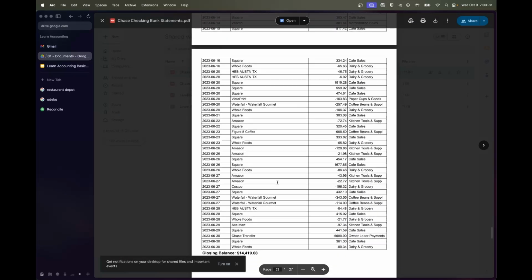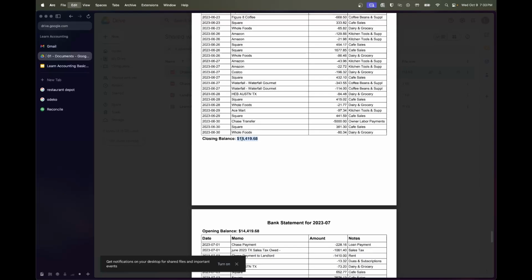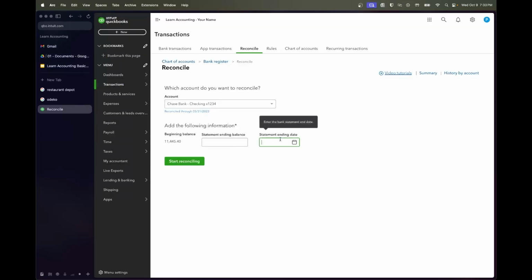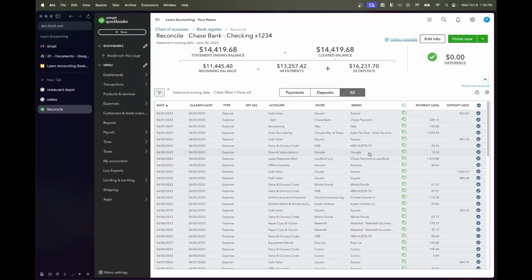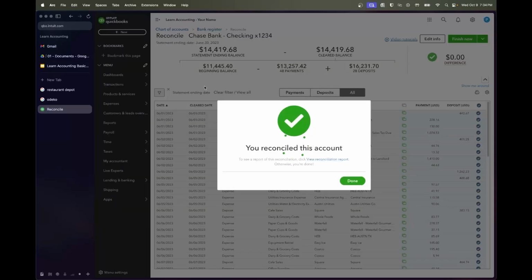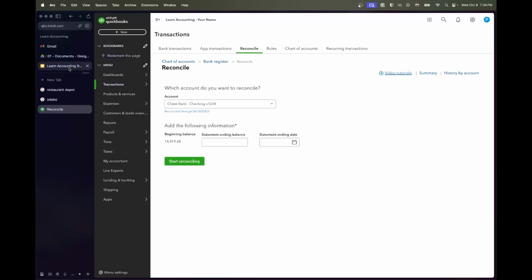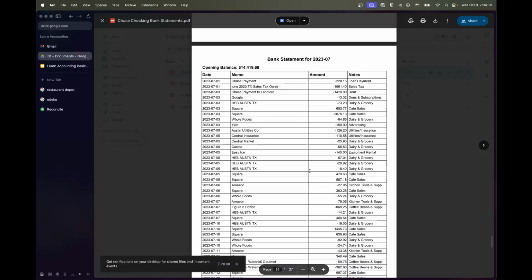Let's take June. We're almost done reconciling now. And by default, QuickBooks will select all of your transactions. So it's just good habit to go check it, but